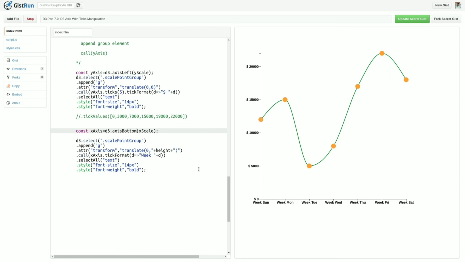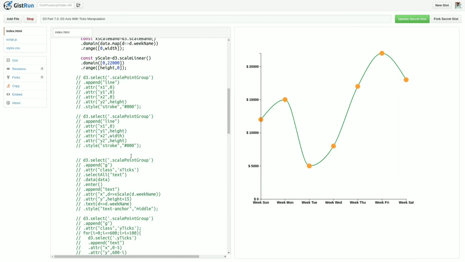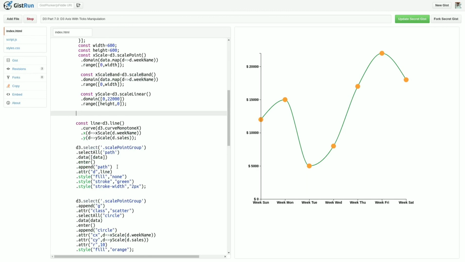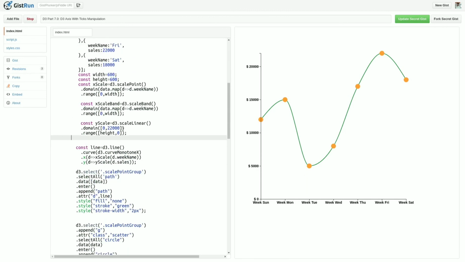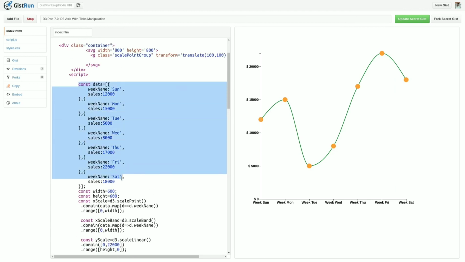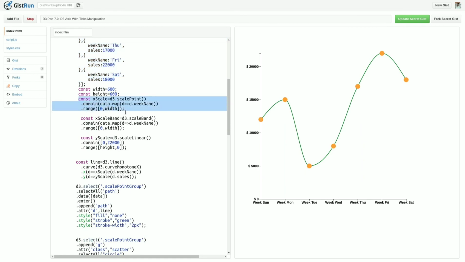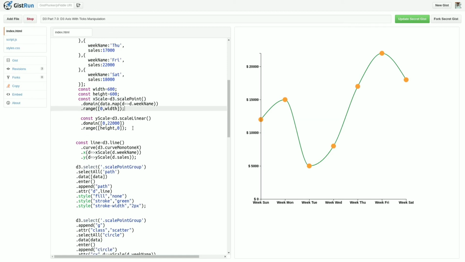Okay, so in this way you can draw any type of axis in your chart, and it is very simple, no need to write any other code. You can directly use the d3 axis function available in d3. So just see that in this example, very simple code I have written: this is our data, this is the width and height of the chart. I have taken the scale point for the x-axis. This scale band is not used, I have just used it for demo purposes, so I remove this.